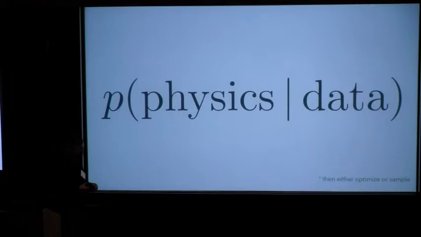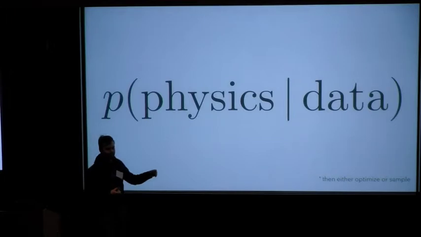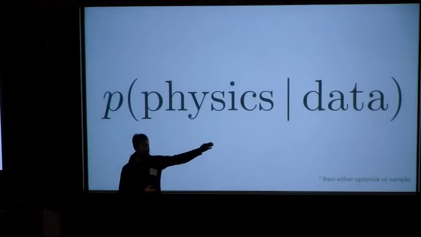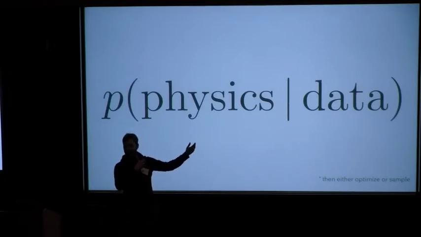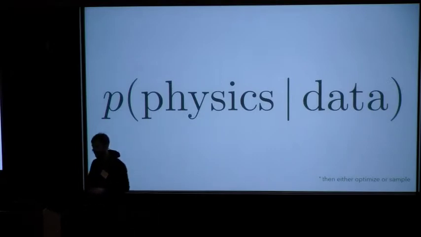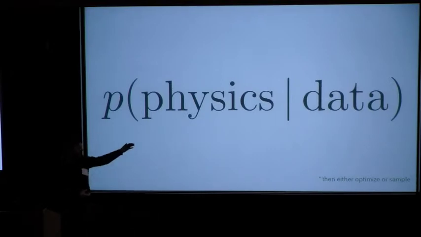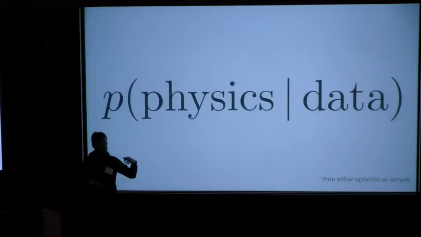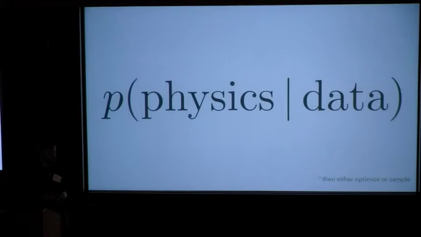So when I talk about data analysis, this is the entire story, I would say. This is all of science. At some level, what you want to do is take some data and say what that data says about your physics. And you generally want to write down some mathematical function that describes this relationship right here. And then you would put that into an optimizer to try to maximize that to get the best fit parameters for your physics.